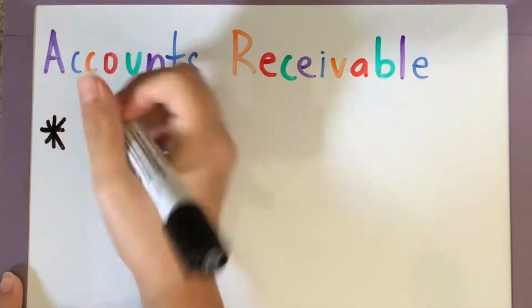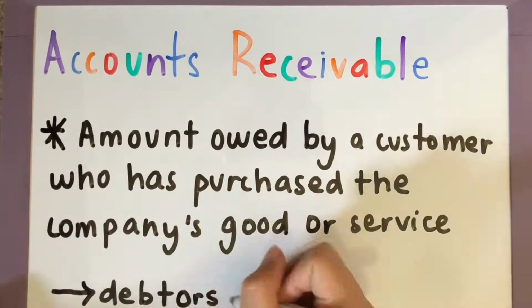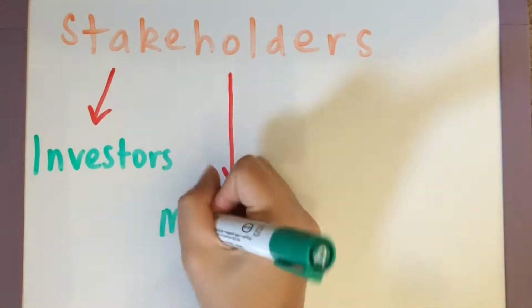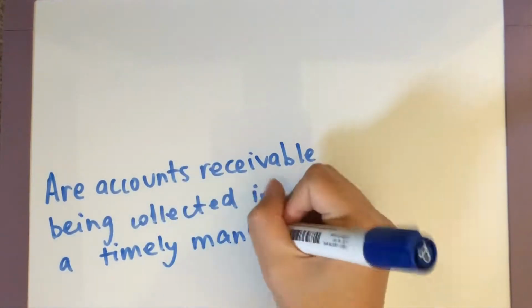An account receivable is an amount owed by a customer who has purchased the company's product or service and can be referred to as debtors or trade receivables. Businesses need to analyse their accounts receivable to provide information to their stakeholders about how effectively and efficiently they are